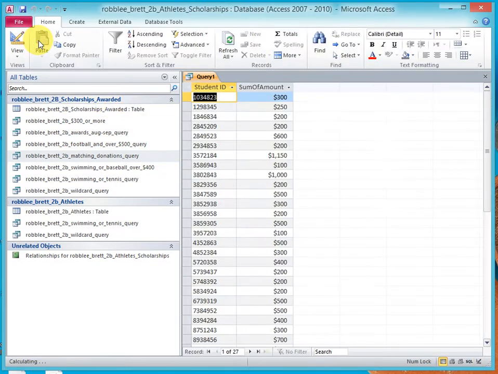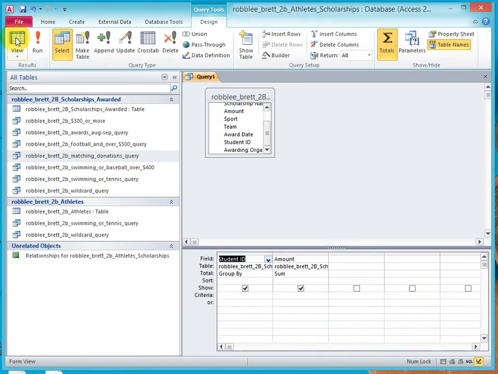So let's go ahead and run it. Now it's hard to tell because you can't see names, but notice there's 27 rows that were returned from a 30-row table. And so a few of these have been summarized, and the rest of them, they only had one record anyway. Now, probably to make this a little clearer, let's go back to design view and let's delete the